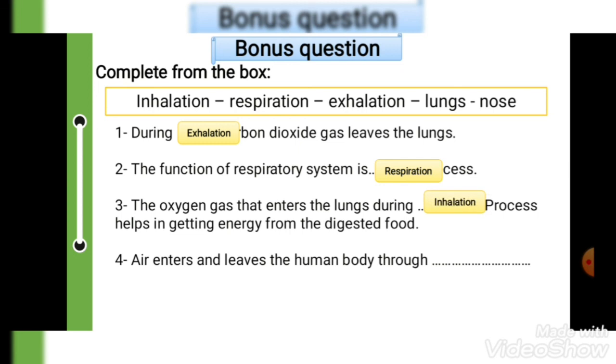Air enters and leave the human body through nose ولا lungs؟ فاضل لنا النوز واللونجز. Air enters and leave the human body through. فكر كده انت، الاير بيخش وبيخرج منين؟ من النوز ولا من اللونجز؟ من النوز. امال اللونجز احنا جبنا سيرتها في ايه؟ قلنا in inside the lung the oxygen gas will move to the blood. تمام؟